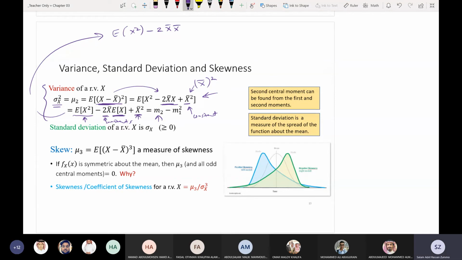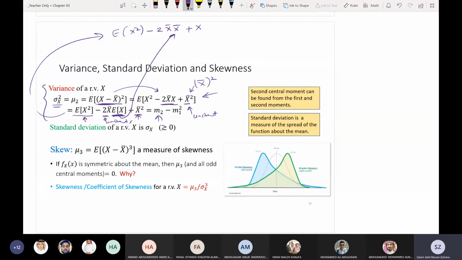Is that clear, guys? How did x bar come out the second time? Where did it come from? This is the expected value of the second one. The expected value of x is x bar. What does x bar mean? The mean. We already agreed that when we talk about moments, x bar means the mean. When we talked about sets, A bar is the complement. We need to agree on the notation, guys. X bar, when you talk about moments, equals the mean.